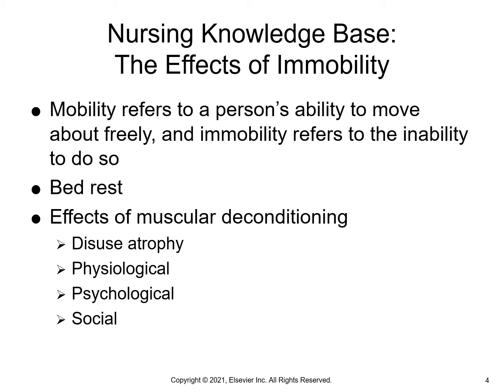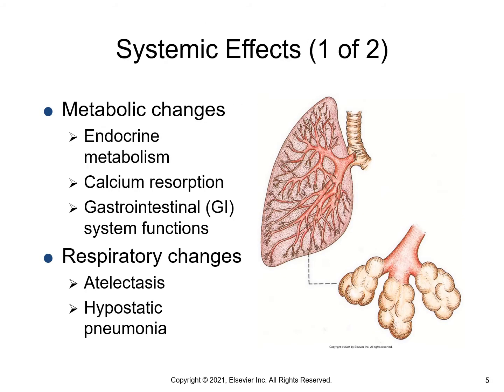When we think of the effects of immobility, we have to recognize that physiologically, every system in the body is going to be affected by immobility. There is no system that's immune, but that effect is going to be dependent on the client's health, what they come to the table with, their age, their degree of mobility or immobility. All these are going to play a factor. So let's look at each system